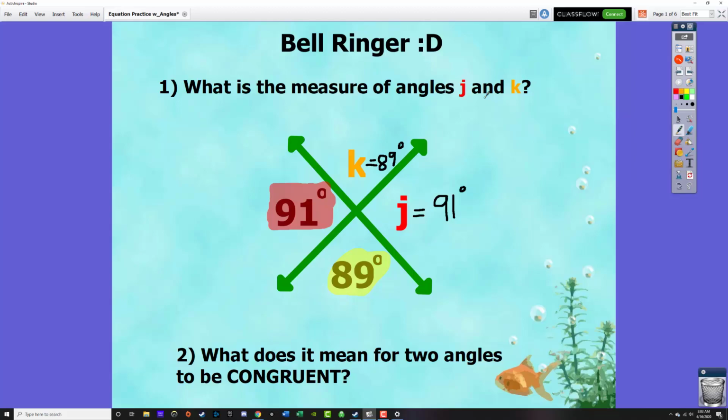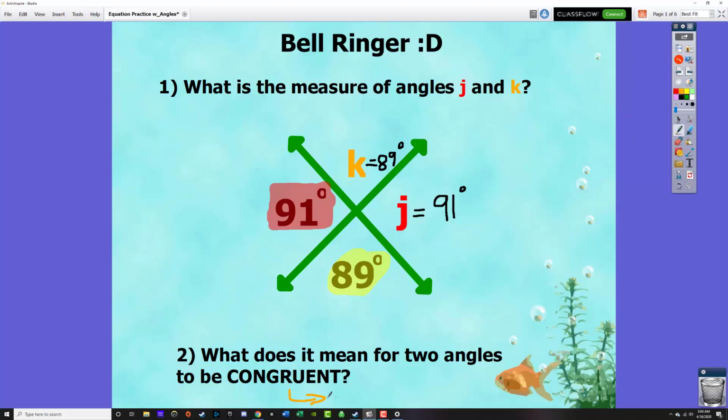And if we take a look down here at the bottom, what does it mean for two angles to be congruent, or anything to be congruent? In other words, the word congruent is a fancy way in mathematics of saying that two or more things are what? Well, it could be angles, it could be side lengths, it could be areas or perimeters. If two or more things are congruent, that is a way in mathematics of saying that they are